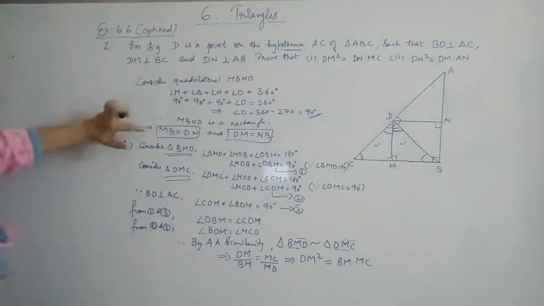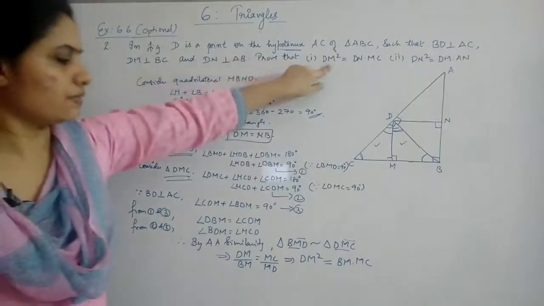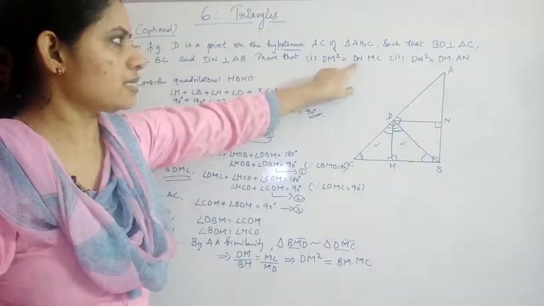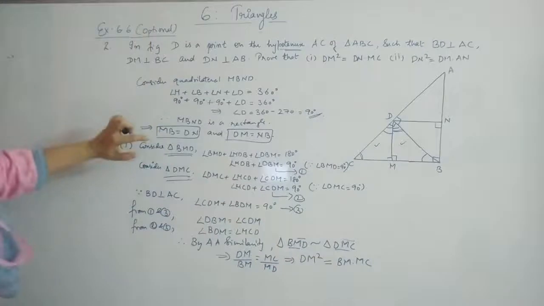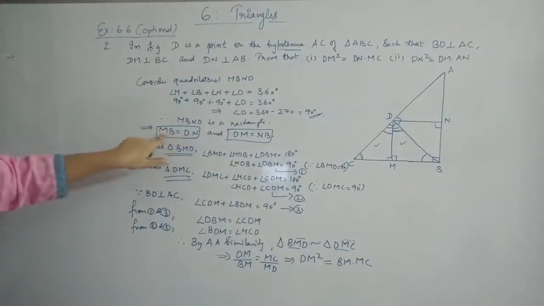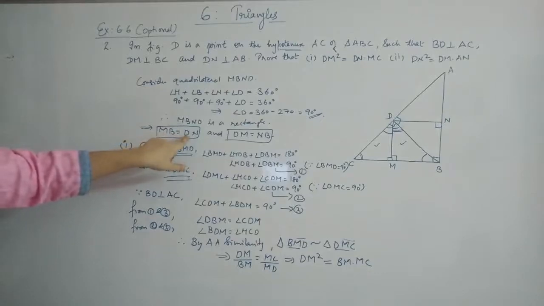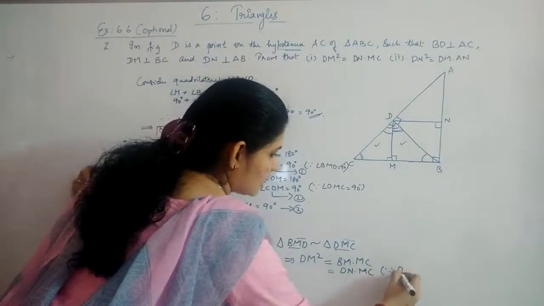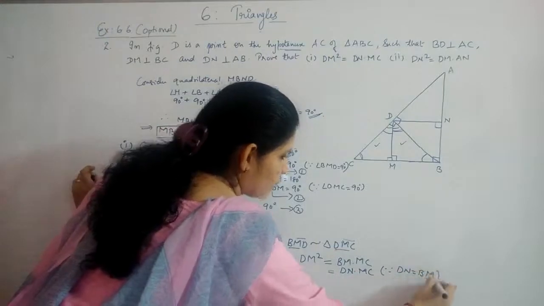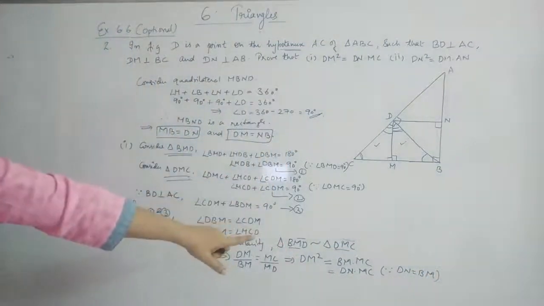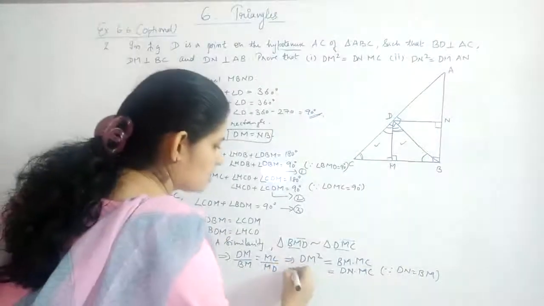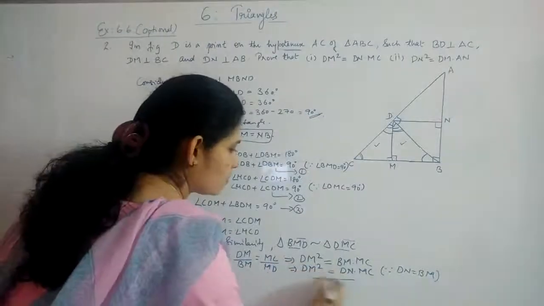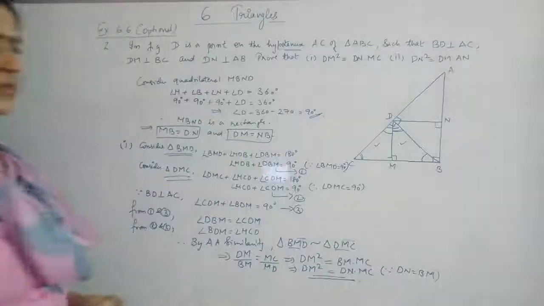Okay. Now already we have proved something, because in our answer we need MC together with that, it is DN, and we have got DM. And we have proved here DN is equal to MB, right? MB is same as BM. So we can just replace this BM with DN, which is equal to DN into MC. Since DN is equal to BM, we have already proved because it was a rectangle. Okay, so you got the result, that is your DM square is equal to DN into MC.